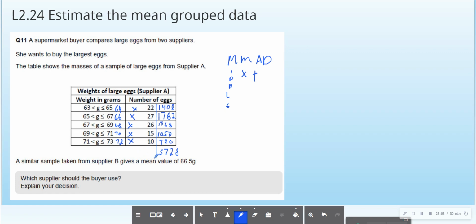Now I need to find the total of these. So 22 plus 27 plus 26 plus 15 plus 10, which is 100. The last step is divide. You divide the big number, 5728, divided by 100, gives me 57.28. This is worth 4 marks or 5 marks in the exam. So then which supplier should he buy and use? He's going to use supplier B, because if you look at the weight of the eggs from there, they're 66.5, and from